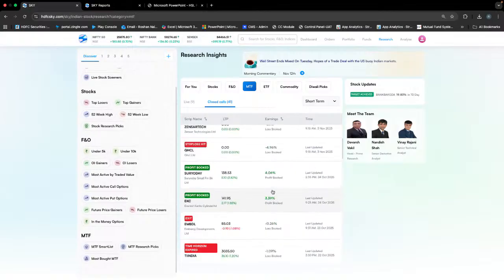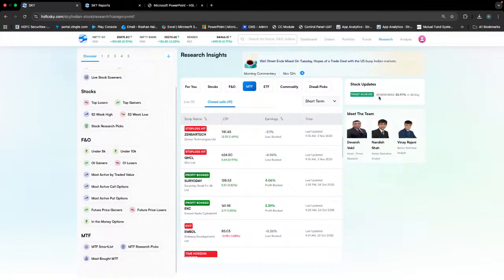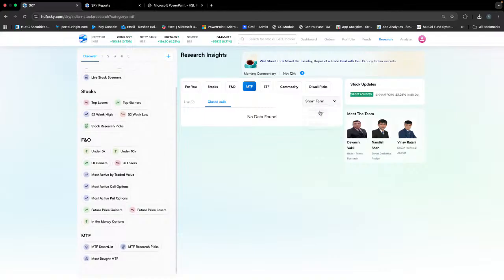Right? So you can see the ticker live. It will keep going, and you will get a notification as well. This is not only for MTF, but MTF long term, mid term, there are no close calls. MTF,